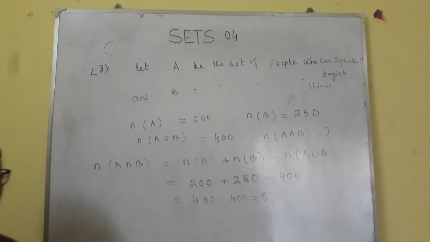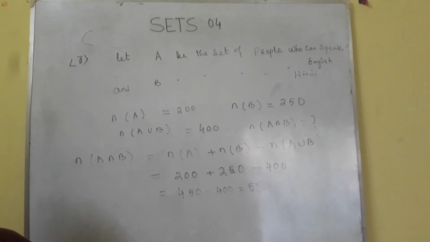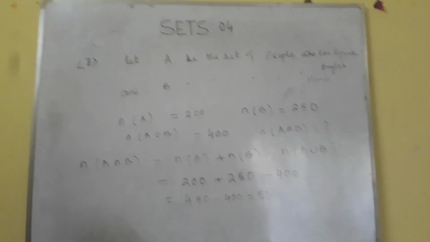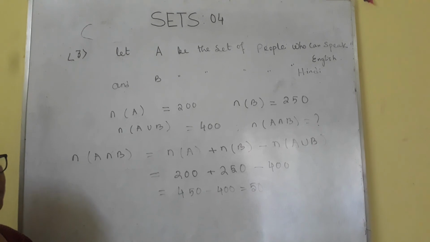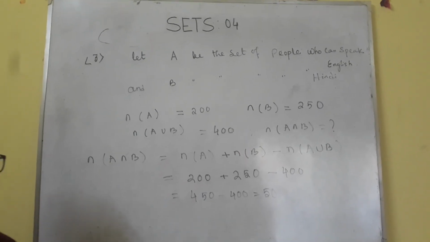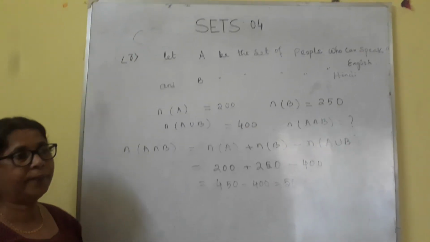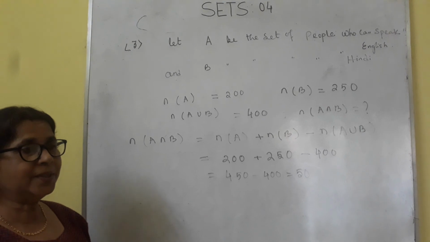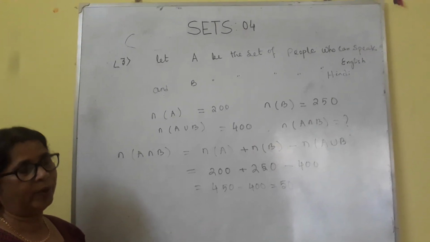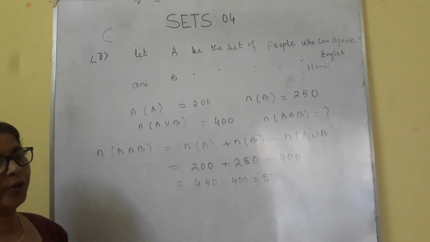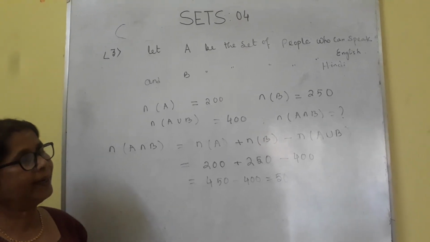I think it's clear to all of you. Problems related to our daily life can also be solved in this way. If it comes in the form of union and intersection, I give you a clue of two things: "or" means union and "and" means intersection. That means when you get the word "or" in a sentence, you have to find the union of the sets, and when "and" is given, it means